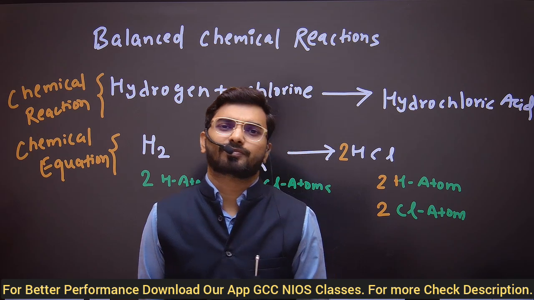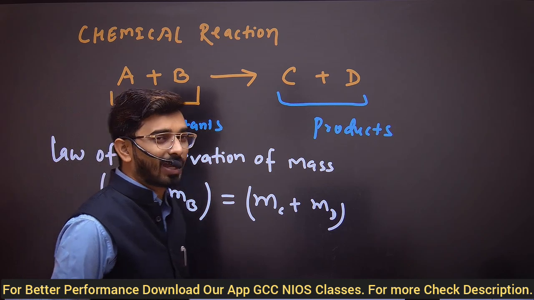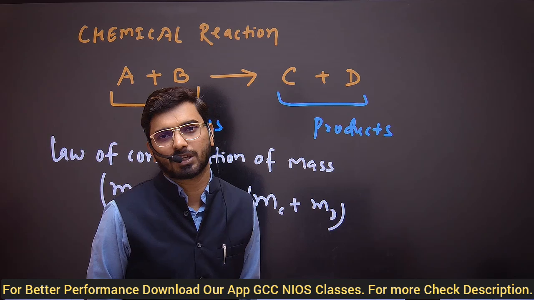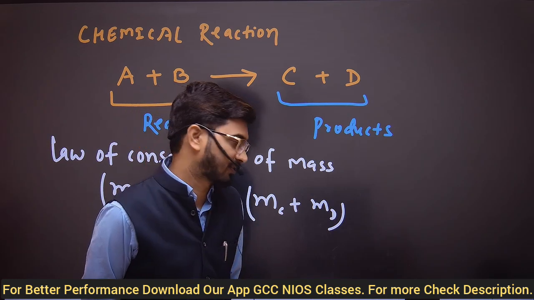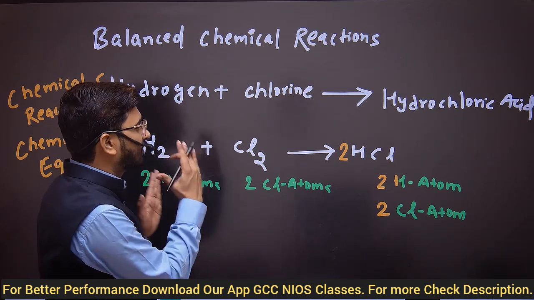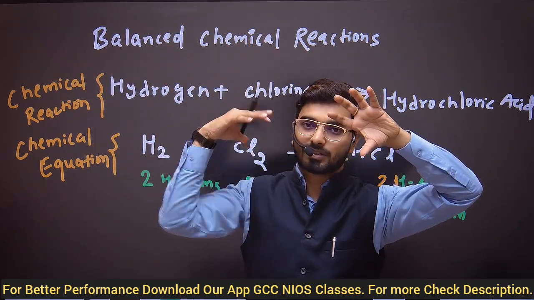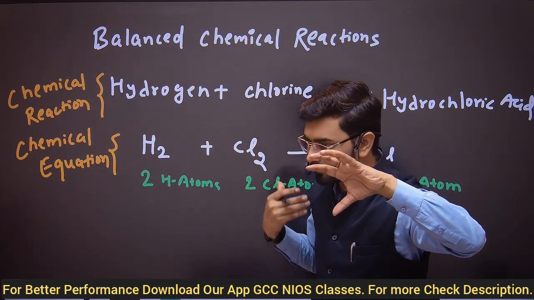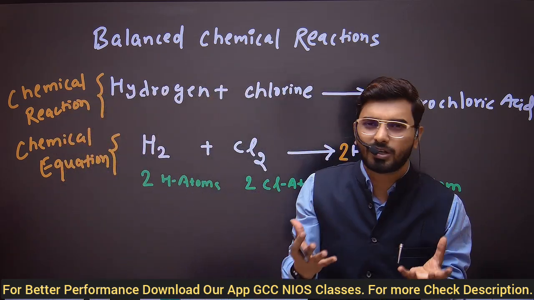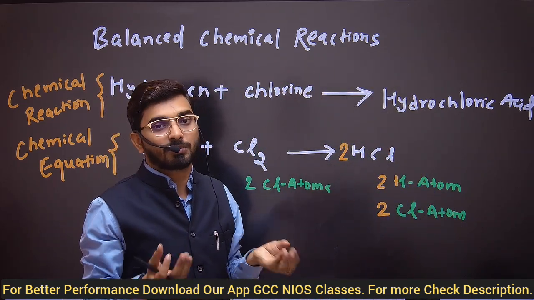So always in chemistry, for the law of conservation of mass and any other calculations, it's necessary to balance these chemical reactions, these chemical equations. Chemical reactions are in the wording form, but chemical equations are in the symbolic form, right? And there are many types of chemical reactions and equations, which are in class 10. But because this is the basics of chemistry, I will teach you, don't worry.